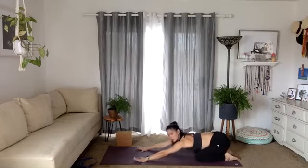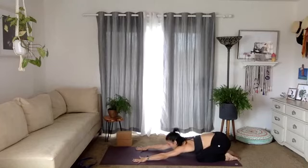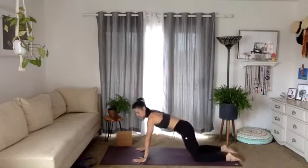See if you can notice the ball mounds of your hands pushing into the floor. That's where we want to have the majority of our weight so we can protect our wrists. No dumping into the wrists. Exhale everything out. Inhale as you lift your hips, shift your shoulders forward over your wrists, weight into the ball